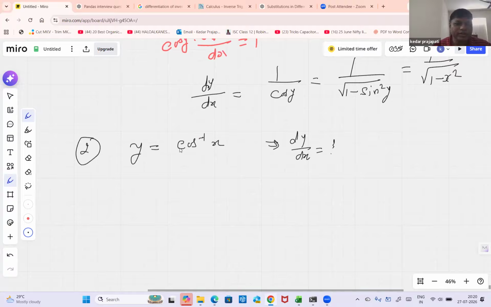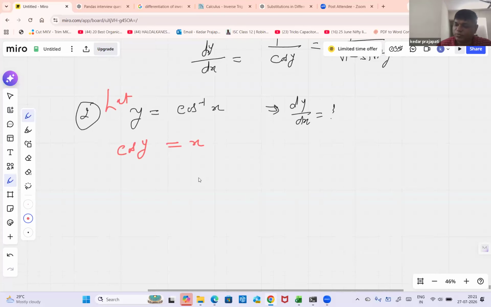Means we are going to find d by dx of cos inverse x. Okay? So I have assumed let y equal to cos inverse x. Now tell, sorry, cos y equal to x. Now, what is the differentiation of cos y? Minus